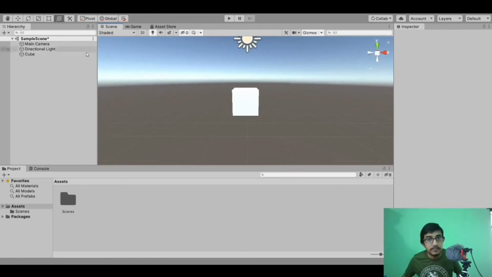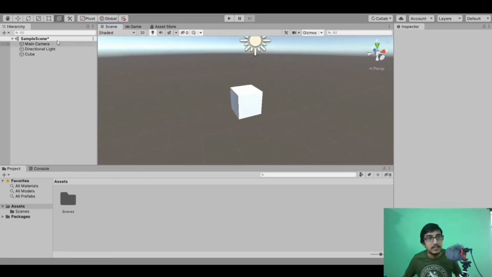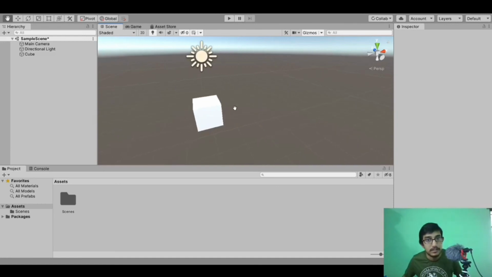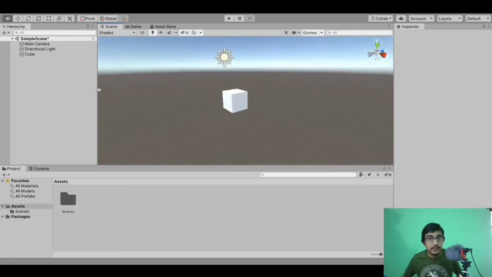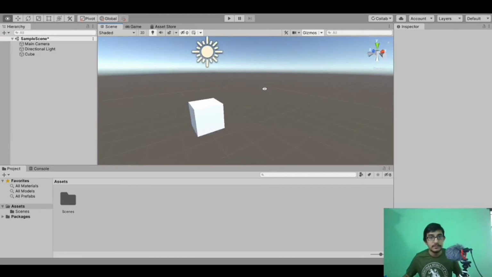In general, if we want to view the other end of the cube, for example the back side, we have to rotate it. Even the hand tool will not help. It only moves in one direction. It does not rotate. So to rotate your view, you have to press and hold the Alt button and left click and drag to rotate around the scene.